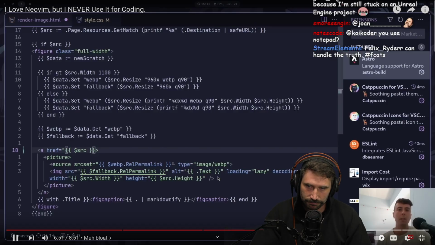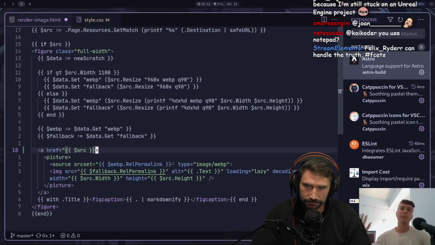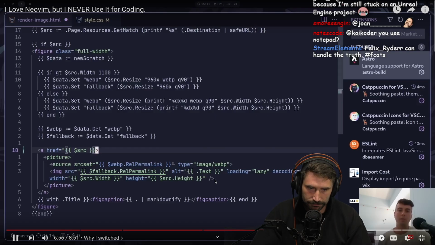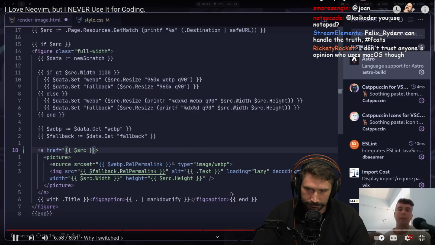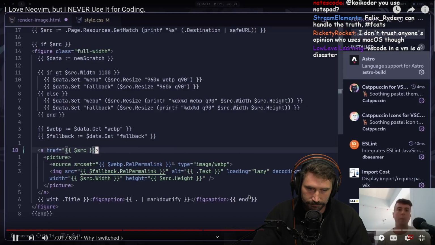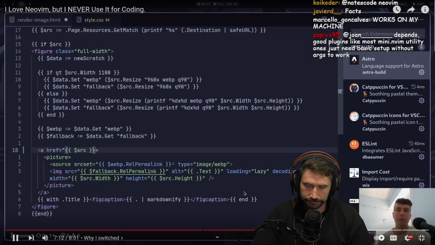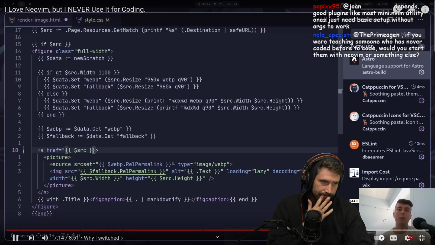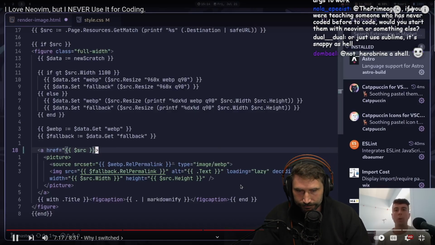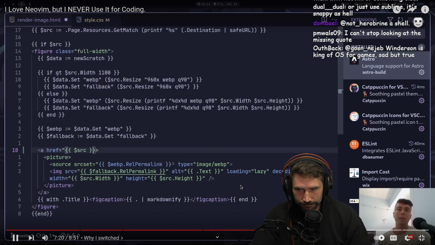So for me, I never got that feeling where working with things in Neovim is so much better than VS Code, like some people report. And of course, if you don't mind doing some extra work, fixing things in Neovim and doing a whole bunch of manual configuration, then Neovim will probably still be better for you. But at least for me, whenever I open up my code editor, I want to just work. I don't want to have to fix some error that was just recently introduced with a plugin update. So over the years, I would just use VS Code more and more until I found myself not really using Neovim for much more than just some small tweaks and changes.